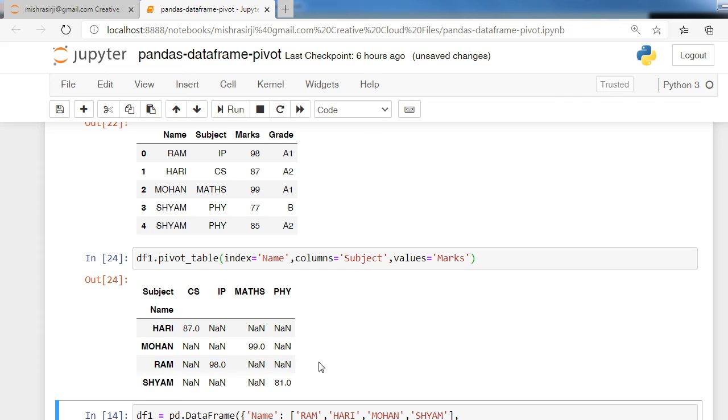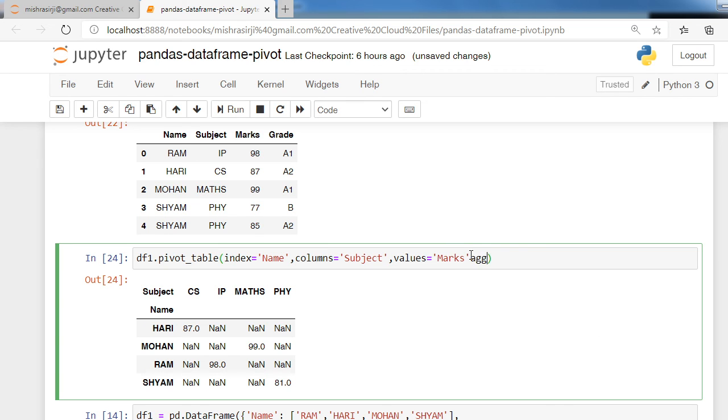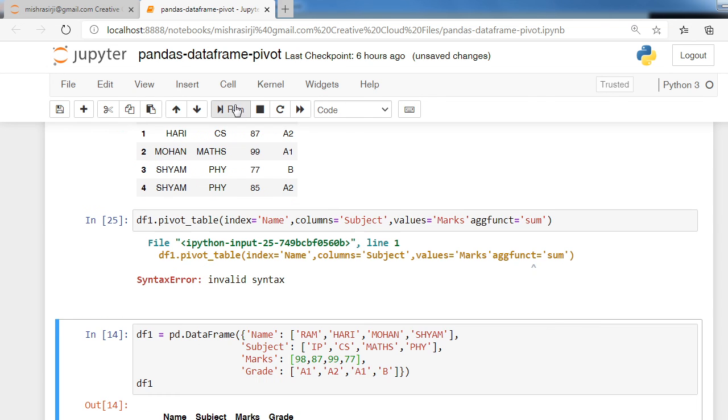This function will return us 81, means 85 plus 77 divided by 2. Okay, so by default it returns the arithmetic mean. We can also use this parameter with another function, equal to sum. So this will return the sum of duplicate entries.